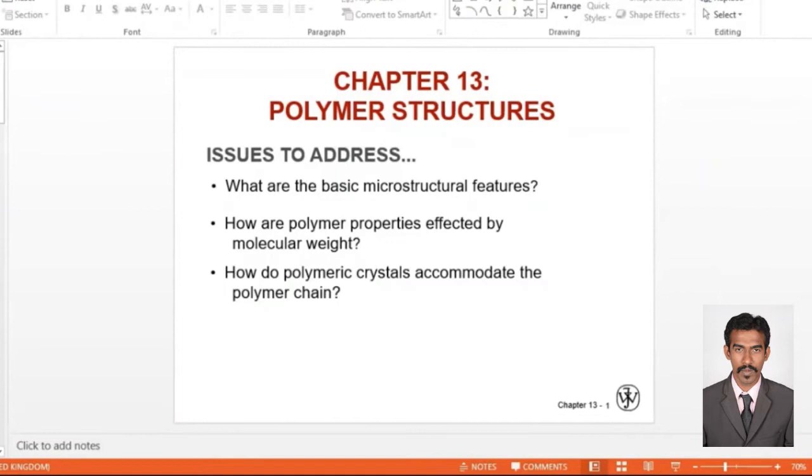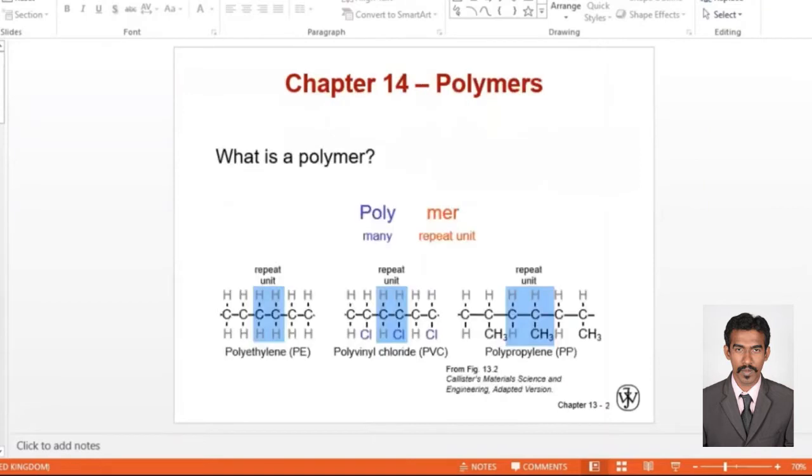Polymer structures, right? Polymers are a kind of links or joints of a monomer. Monomer is a single unit, and polymer is a repetition of the same unit. Poly means many. Mer means repeating unit, a unit which will repeat again and again to form a bigger unit. So if you see the first diagram, that is